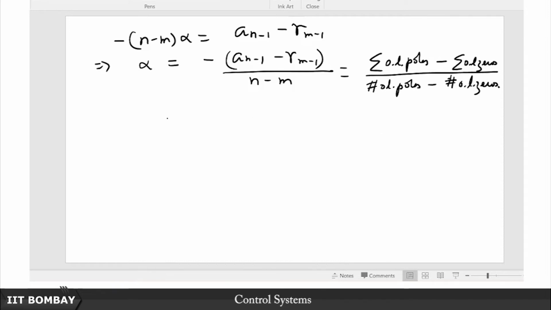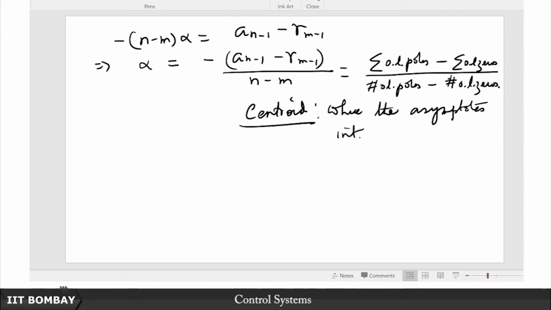Okay, so this is the so-called centroid, where the asymptotes intersect the real axis,